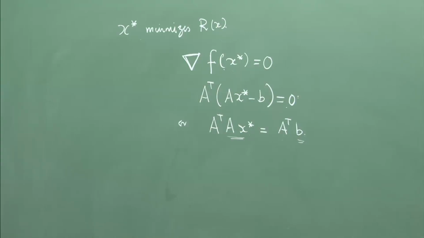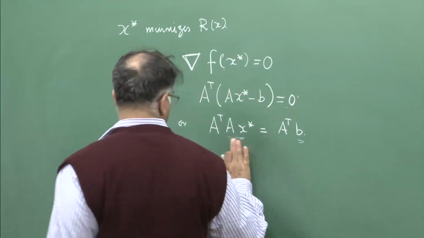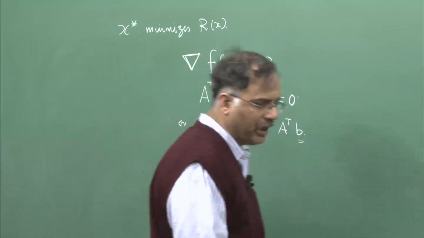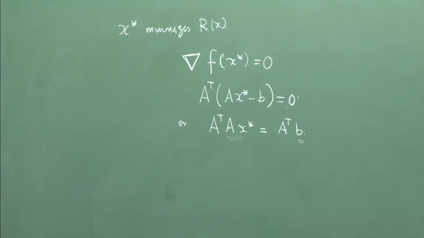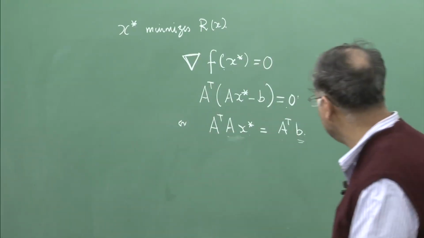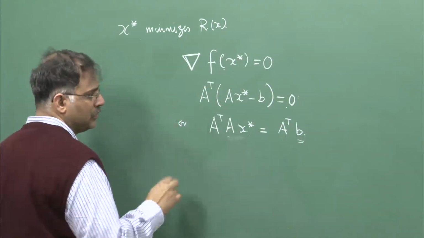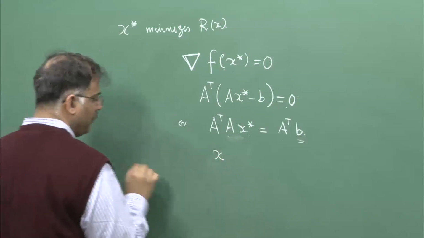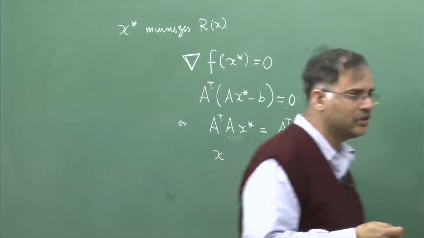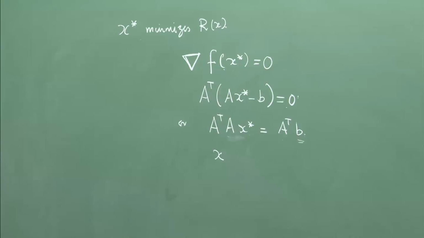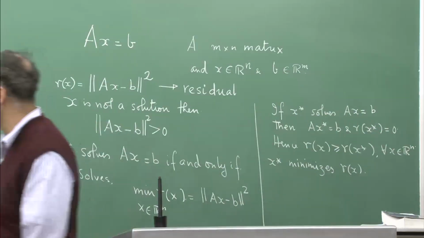Now, suppose A is of full column rank, right? Then A transpose A is actually invertible. If A is of rank n, that is, A is of full column rank,